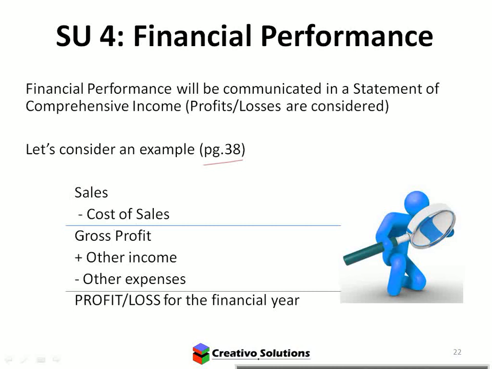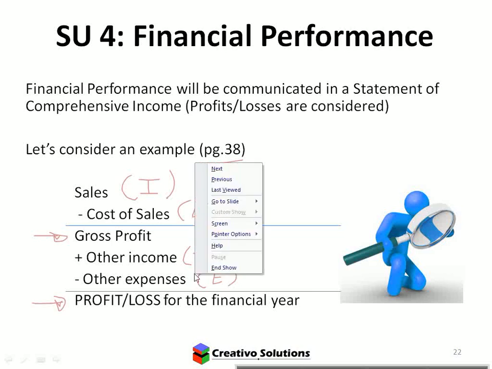Sales, cost of sales. What is that giving us? Gross profit. Why? Sales is an income. The cost of the sale is an expense. I will have other income, maybe rent income, and I will have other expenses like water and electricity and other. If the business still lands up with a profit, their income is more than their expenses. That's just format, that's just layout.